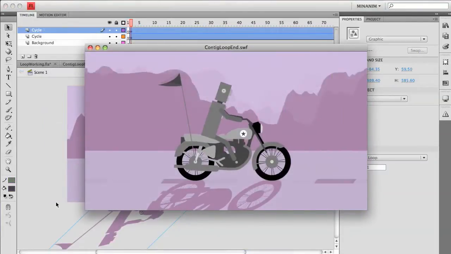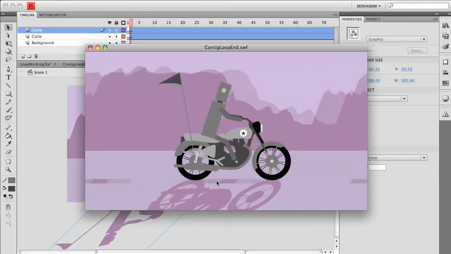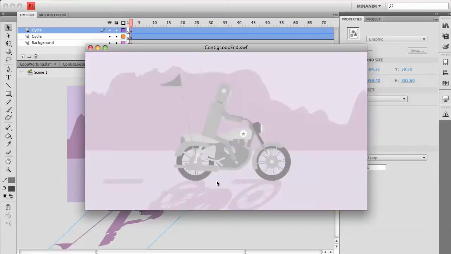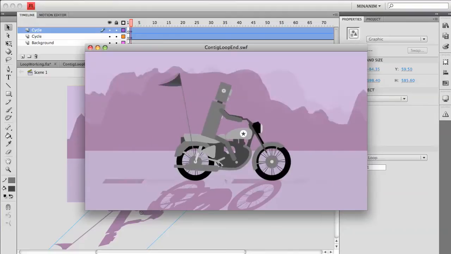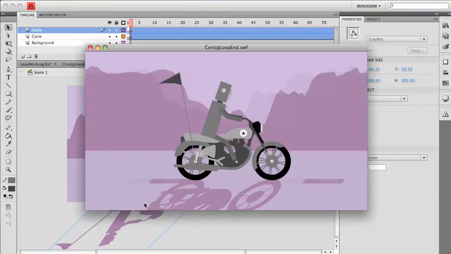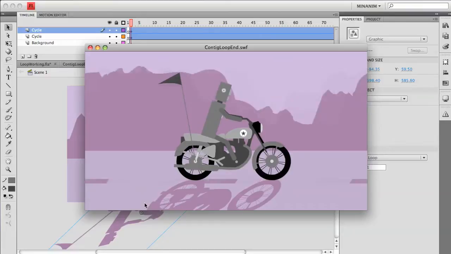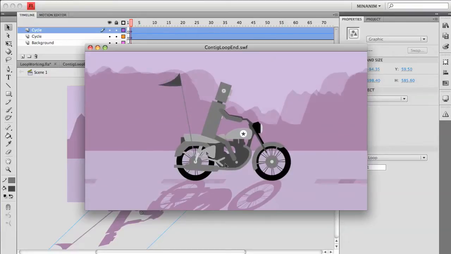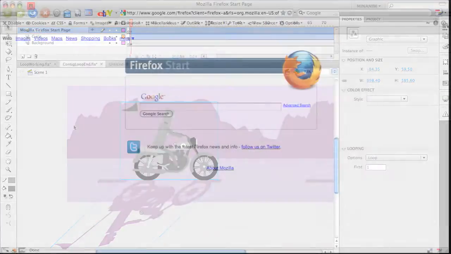So in your library you should find the symbol of the robot. I want you to duplicate a couple of the things here. I want you to produce this moving of the wheel, this moving of the flag, and the shadowy effect. So I'm not going to go through step-by-step instructions to do that. I want you to do that on your own, set that up, get that working. Next thing we're going to do